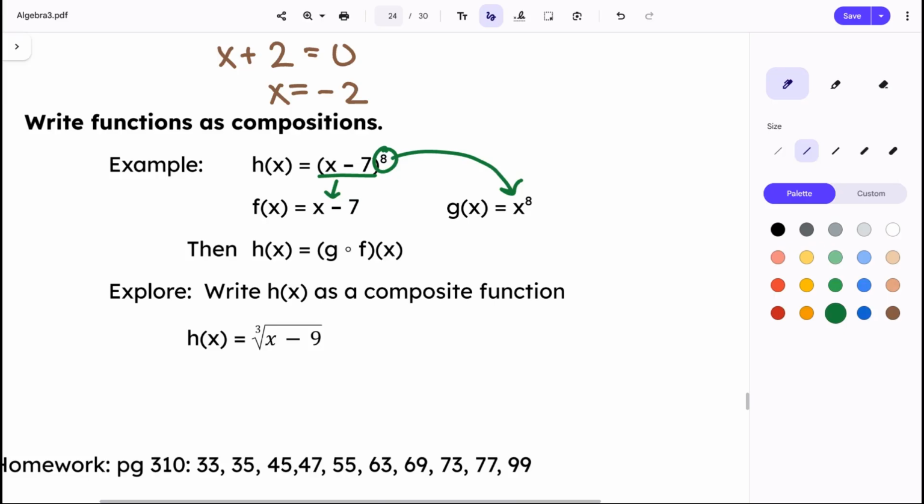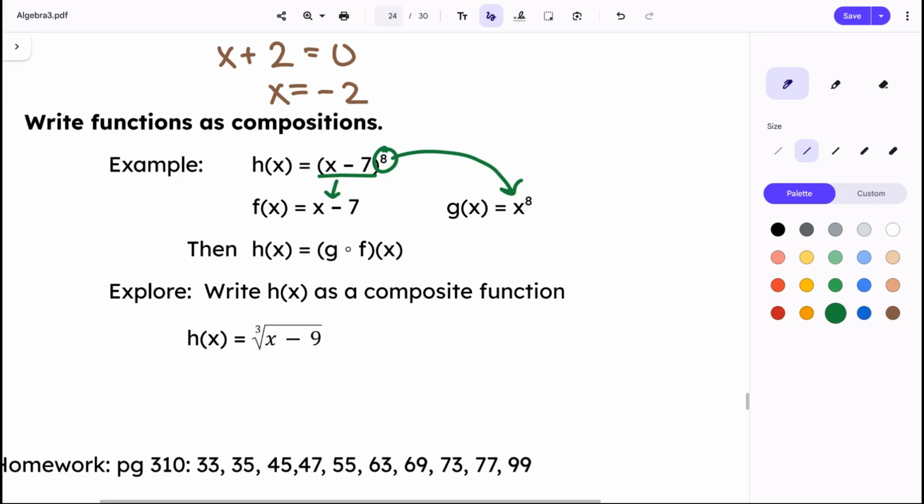So you just kind of have to think about what's a power that you see, or maybe like on this next one we have a square root. How could I write that as just like an individual square root of a letter? And then the other function would be what is placed underneath the square root sign or inside the parentheses when you're raising something to a power. So for example, for this next one,